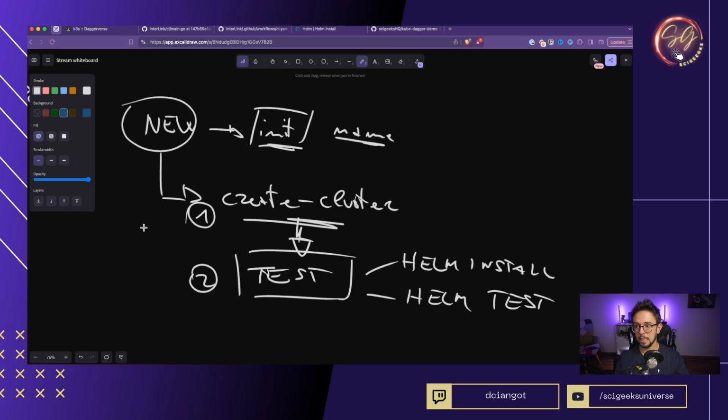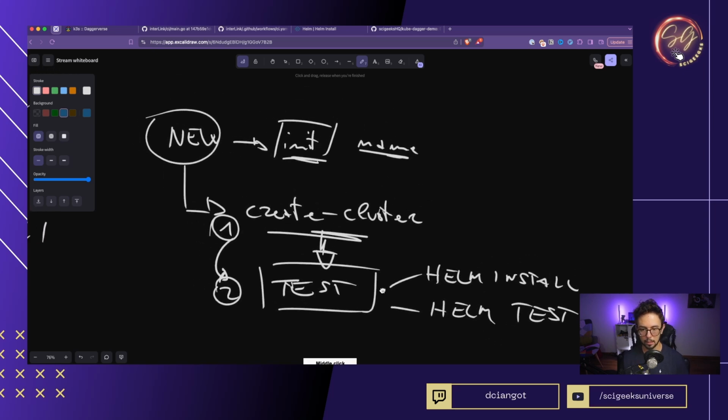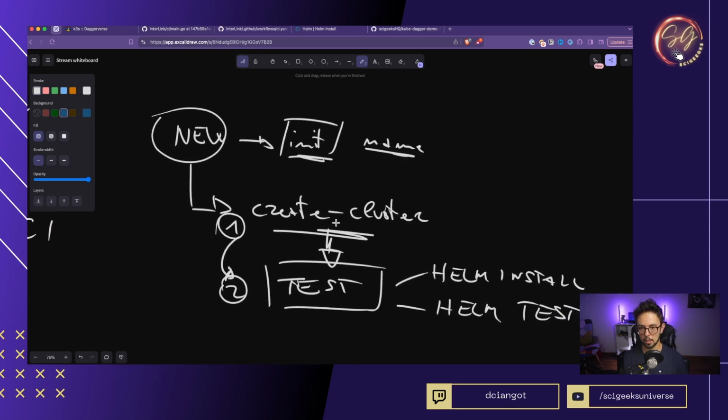The very basic implementation will be this one. Method 1 will be called inside method 2 automatically, creating the cluster and then running all the tests. Simple like this. This is our first ambition today. So moving back to the terminal,